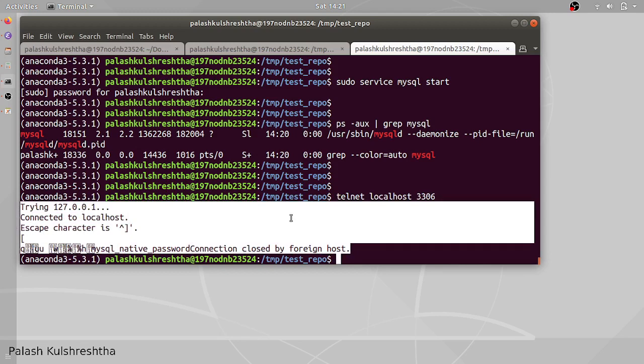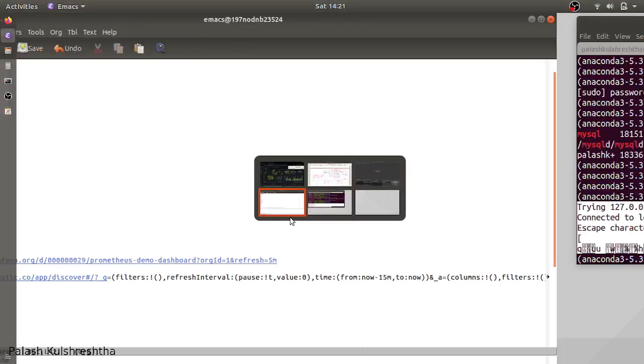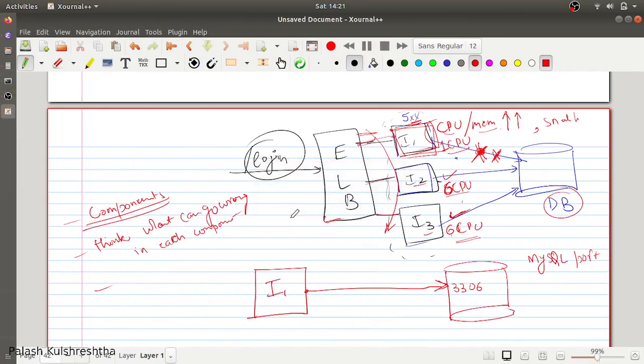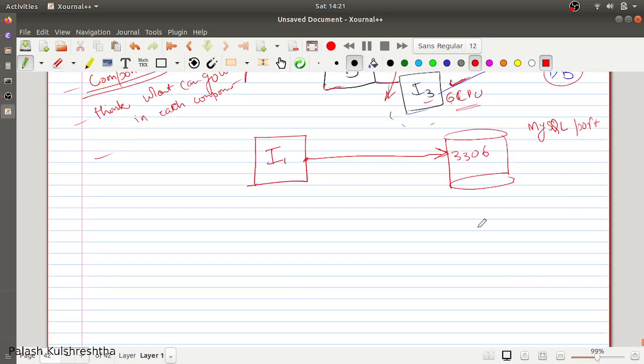So telnet is one of the ways in which you can check connectivity from instance I1 to any other destination port. It can be port 3306, or any destination port. For example, in google.com, we checked on port 80 and port 443 and we were able to connect.